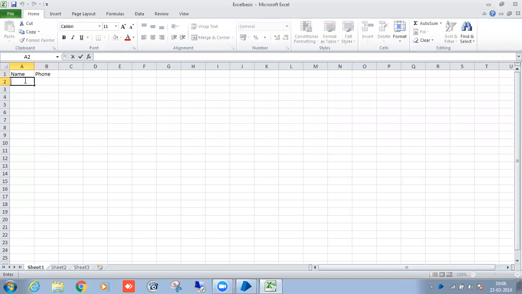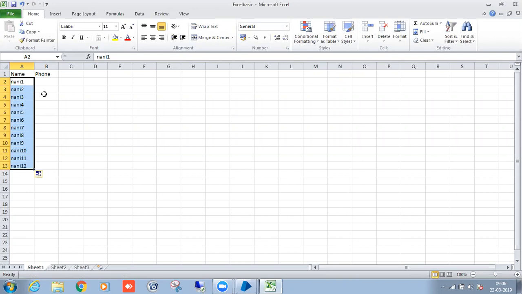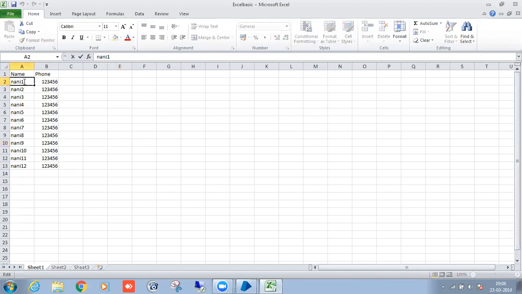In my Excel, I have two fields called name and phone. The name field has some values. Here, my requirement is that I need to add "M mark" before every name.